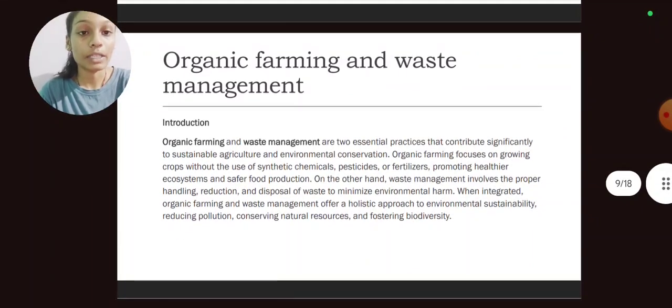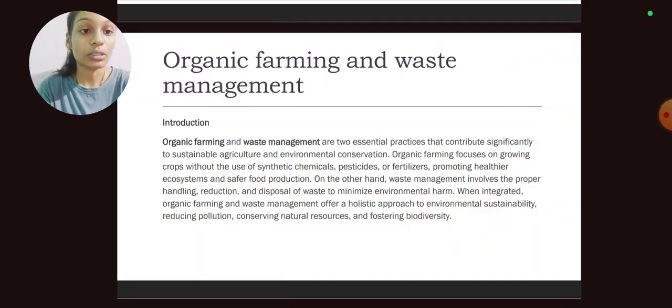Organic farming and waste management. Introduction. Organic farming and waste management are two essential practices that contribute significantly to sustainable agriculture and environmental conservation. Organic farming focuses on growing crops without the use of synthetic chemicals, pesticides, or fertilizers, promoting healthier ecosystems and safer